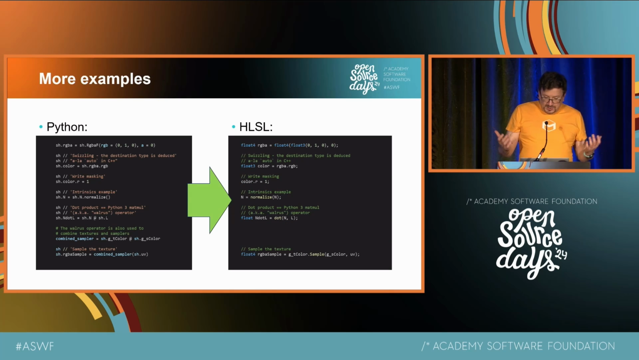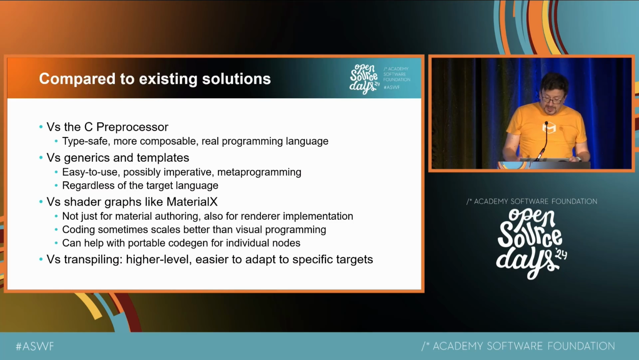Some examples of how the Python code would map onto target code. As you can see, we can generate comments, which wouldn't be possible with transpiling, for example. And some comparisons to the existing solutions. Of course, these solutions already address those challenges that I enumerated at the start of the presentation. So of course, the C preprocessor is still very popular, especially in real-time shading, both for portability and for metaprogramming. But Python is of course a much nicer programming language